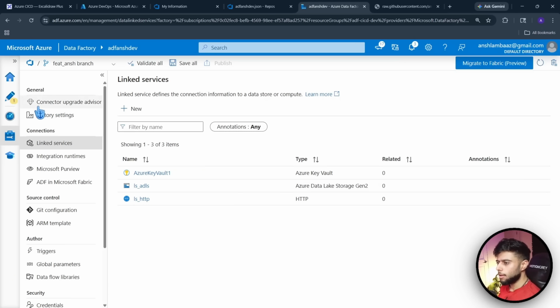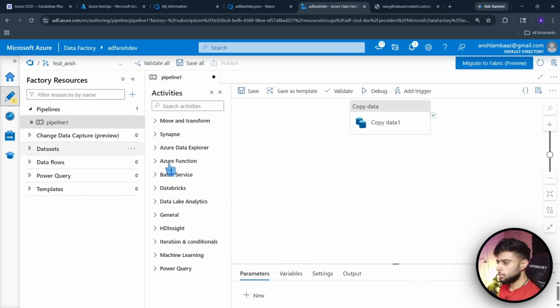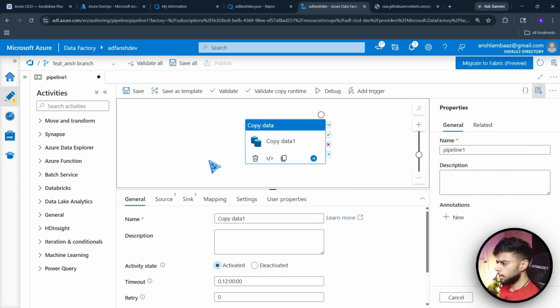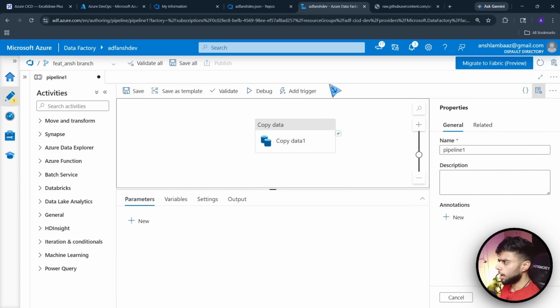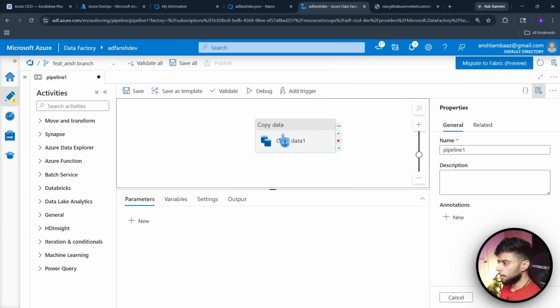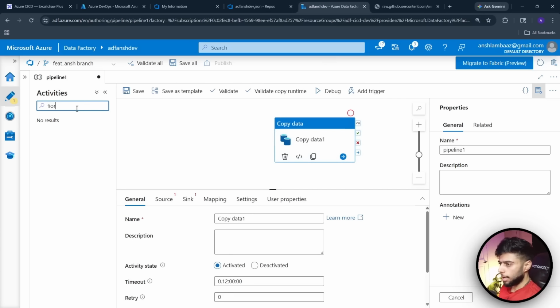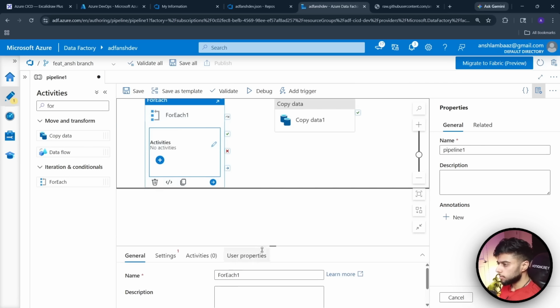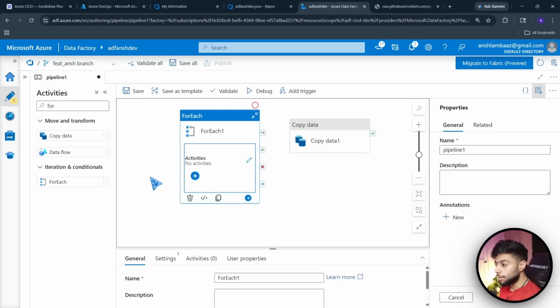Very good. Very good. Now simply go to this copy activity. So this time I will simply configure it to load my data. But as you know, I have two files here and I do not like loading data statically. I do not like static pipelines. So I will be just creating a dynamic pipeline. How and why? Because we should create dynamic pipelines whenever possible. So I will simply run a loop called For Each, and then